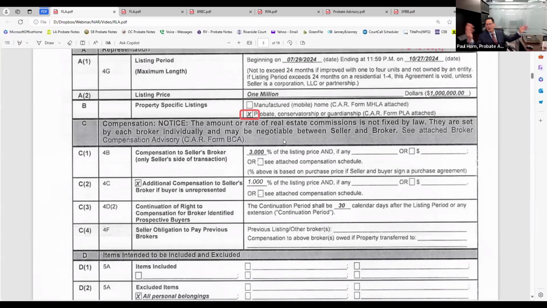It's negotiated between seller and broker. Surprise, surprise, right? Nothing changed there. Compensation to seller's broker, that's you. You're the listing agent. This is purely you now. 3% for you, 2% for you, whatever you negotiate with the seller.